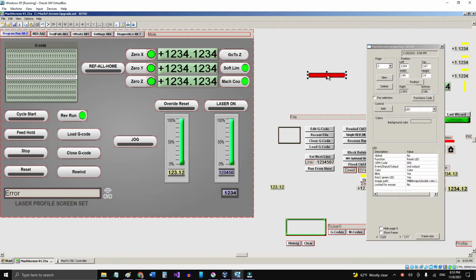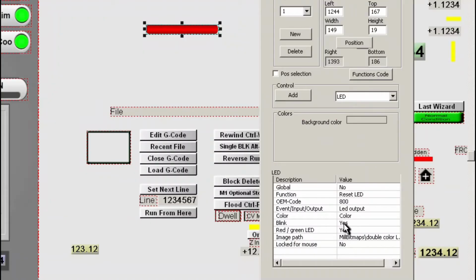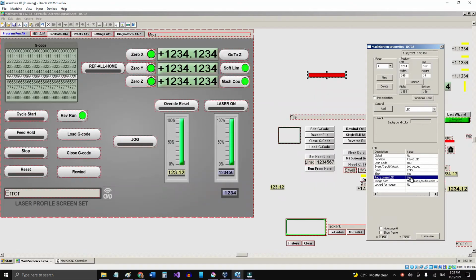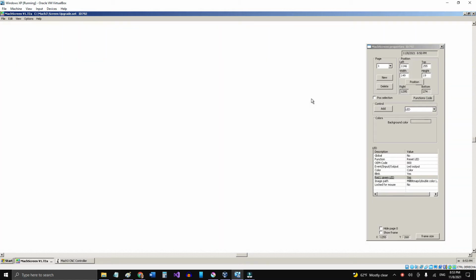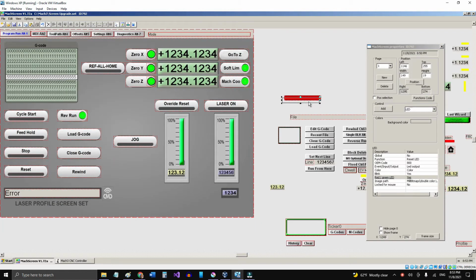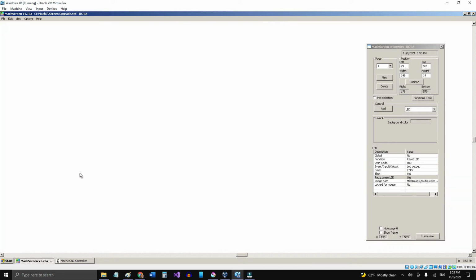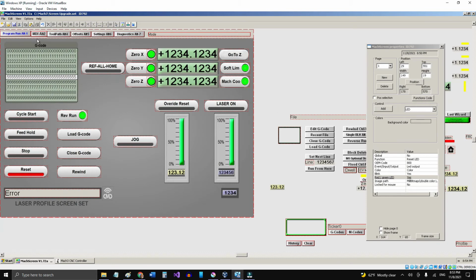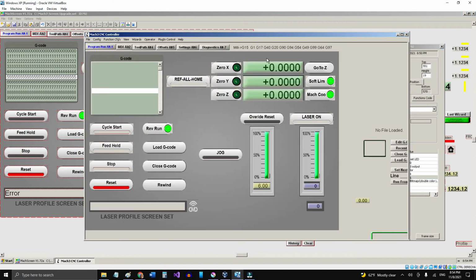If I select this LED, I can see on the parameters right here, it says the blinking, yes, red, green LED, yes. So let me see if I can, because when I drop it in here, let me show you what happens. Since the red was on the left side, and the green was on the right side, I'm gonna drop it right here on the reset button, and save it. And now when I'm here to the screen,